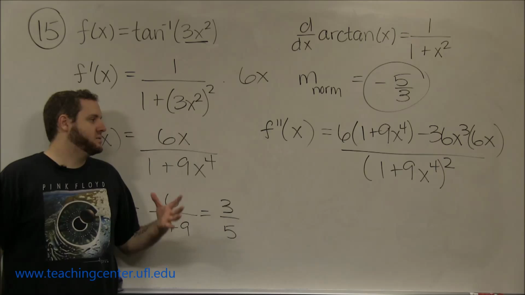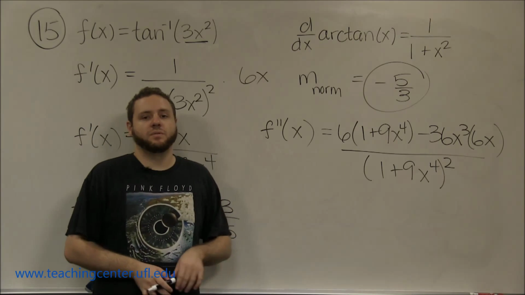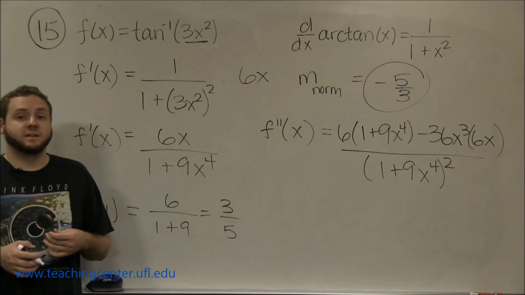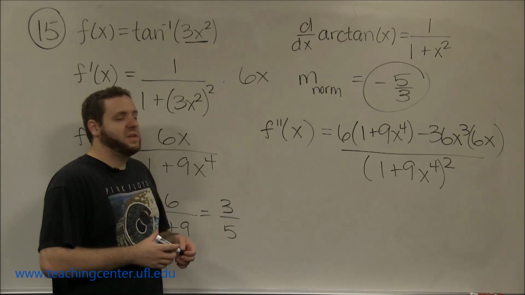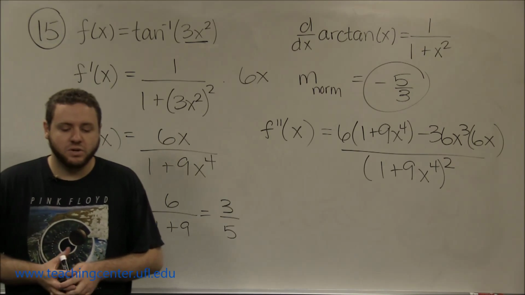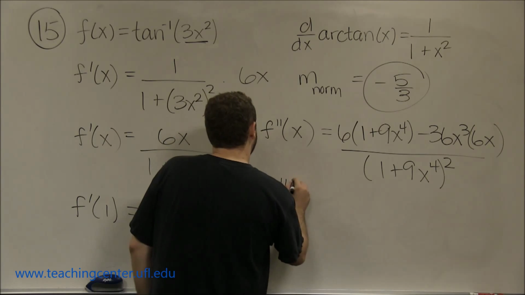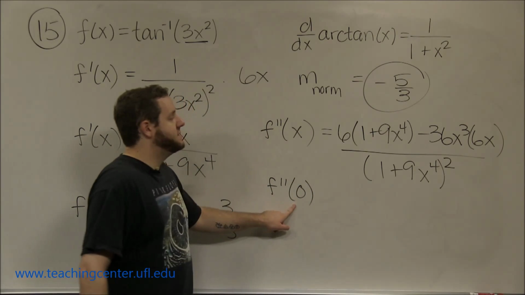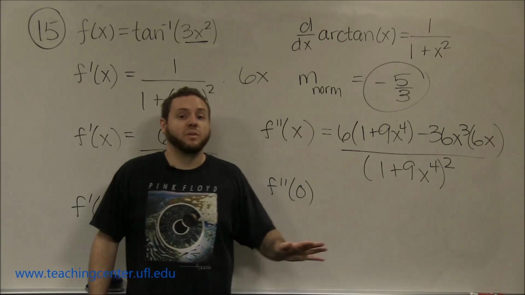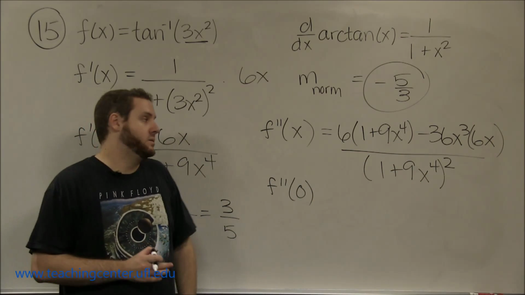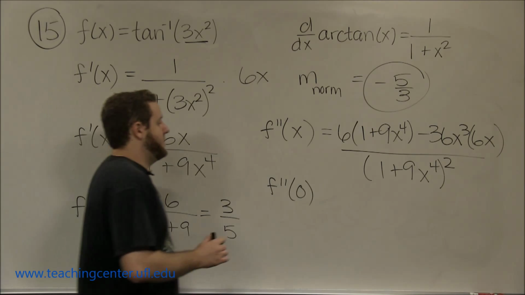Now you might think that looks really nasty and it's going to be hard to simplify. You're right, it is really nasty and it's going to be hard to simplify. But the thing is we don't need to, because what this question asked us is just what's f double prime of 0. We can plug in 0 for x here without simplifying that, and in this case that's what we want to do. So when we plug in 0 for x,